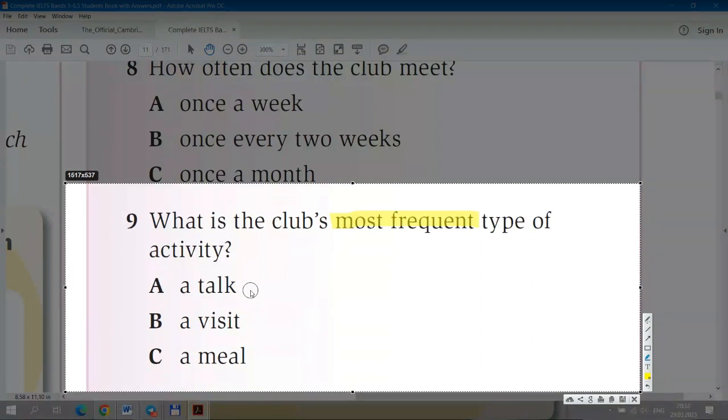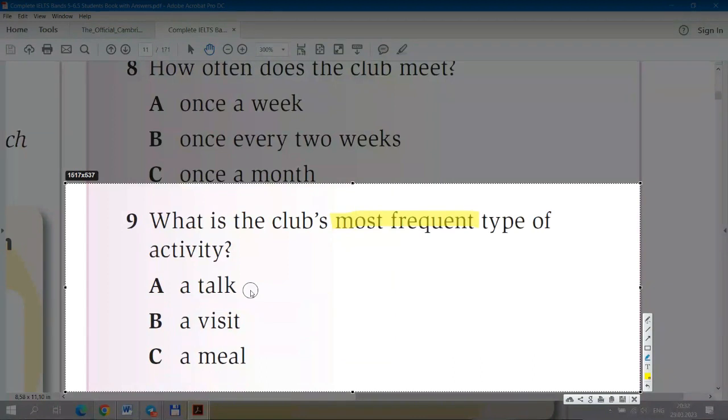Men har bitta o'sha gapini tushuntirib beraman. And what happens when the club meets? Demak, uchrashganda nima bo'ladi klubda, deyapti. I mean, what sort of things are organized? Qanday narsalar uyushtiriladi, deyapti. The usual thing is for one of the members to give a little presentation. The usual degani bu eng ko'p bo'lib turadigan, odatiy bo'ladigan narsa, deyapti. Prezentatsiya berish, deyapti. Prezentatsiya degani o'sha chiqib gapiradi degani. Mana javobimiz A bo'lyapti. Lekin B, C ni ham aytib o'tgan, lekin ular eng frequent emas.